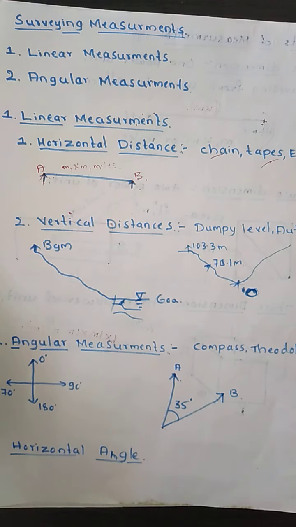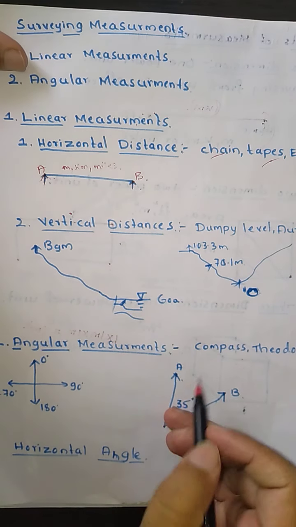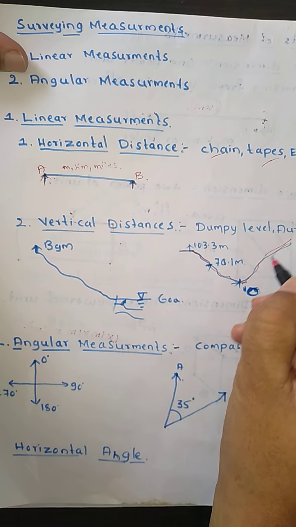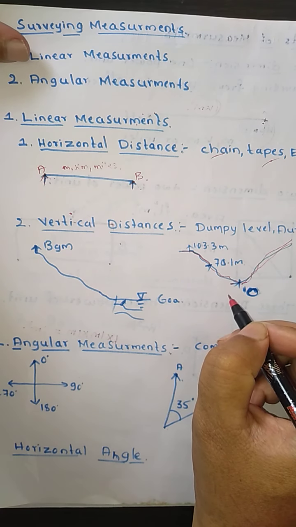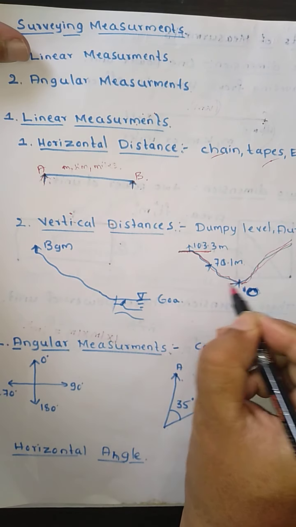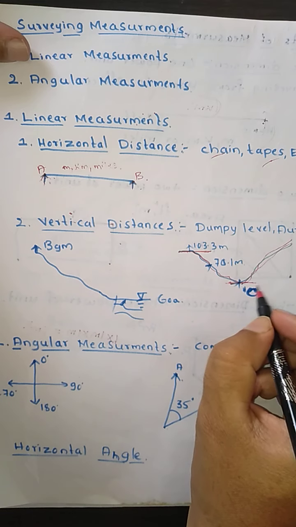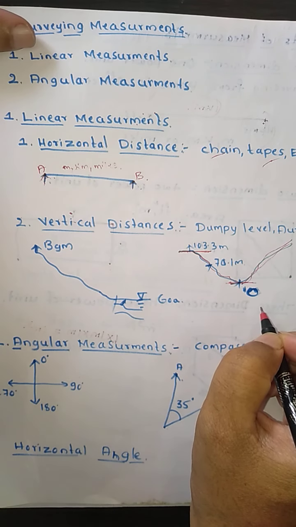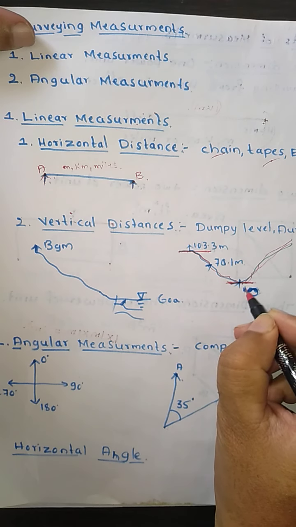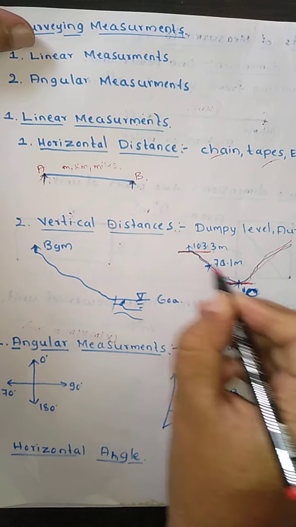Now, vertical distance is measured along the direction of gravity relative to a point, to determine the difference in elevation. Suppose there is an inclined area. If you want to know the difference between this particular point and this particular point, how are we going to measure? We are going to take one point as a reference. Suppose this is at a lower height. We will take it as the point of reference, and with respect to this we are going to measure the other height.